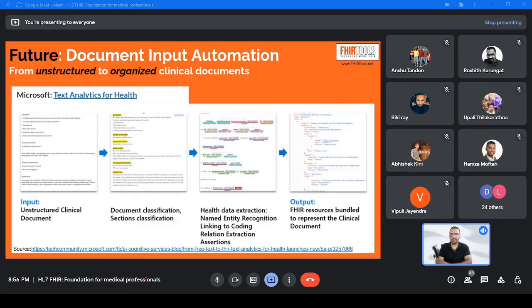So there are more solutions that could be very popular in the future. Although these are available right now, in Microsoft they have already a demo for this. I have included and labeled it under future because these are not popularly in use, they are just coming up. If you remember, we said that one big issue with healthcare data is that they are unstructured, and